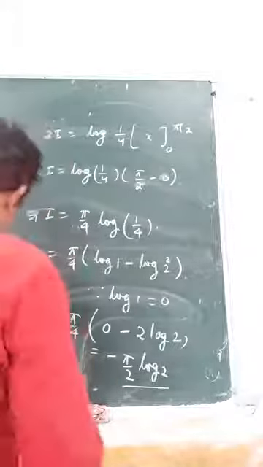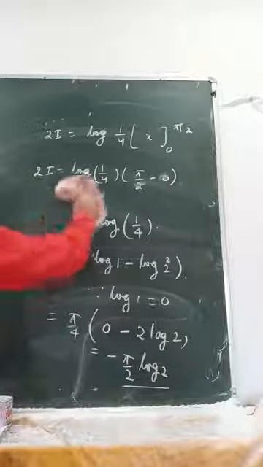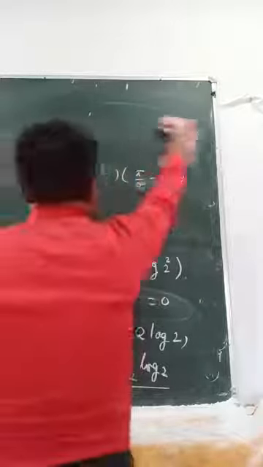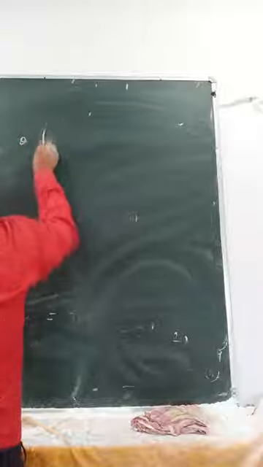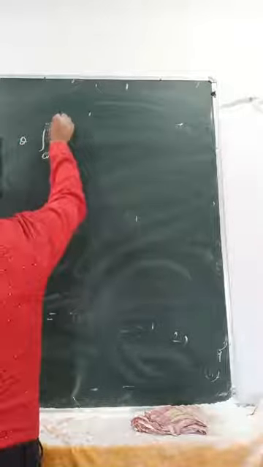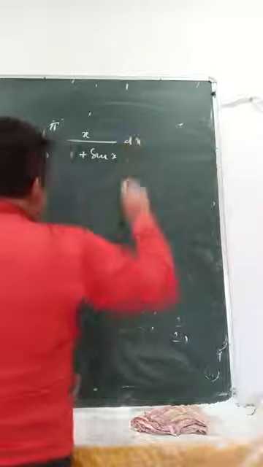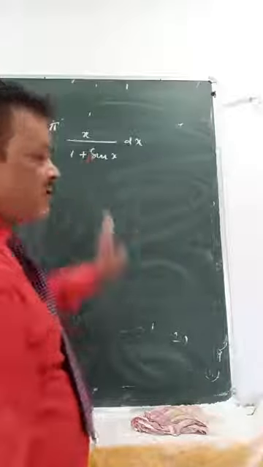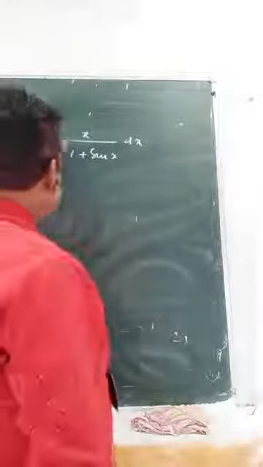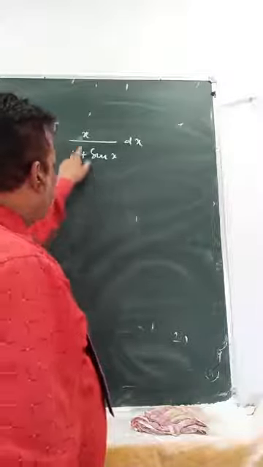Okay, so here let's take one more. Suppose the question is, an important question, integral 0 to pi of x by 1 plus sin x dx. The complication started. What is the complication? You have to remove this x, then only you can integrate. How to remove x? Now use the property, x will be cancelled, because with this you cannot simplify here.